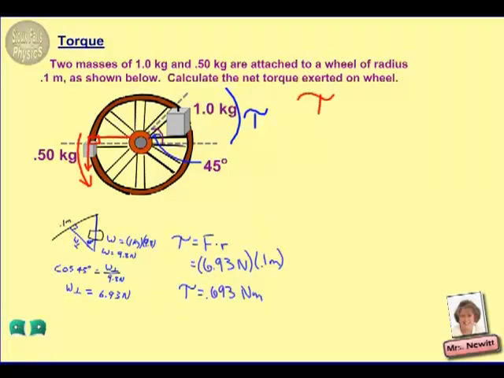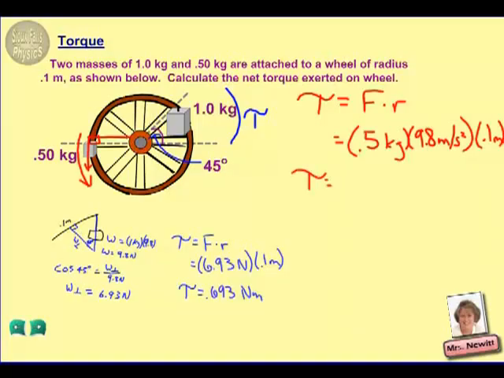So our torque would simply be the force multiplied by the lever arm. The force for this particular mass would be 0.5 kilograms times gravity. And again, our lever arm being 0.1 meters, we get the torque in this direction of 0.49 Newton meters. So we have a total of 0.49 Newton meters being exerted in the counterclockwise direction, and we have a value of